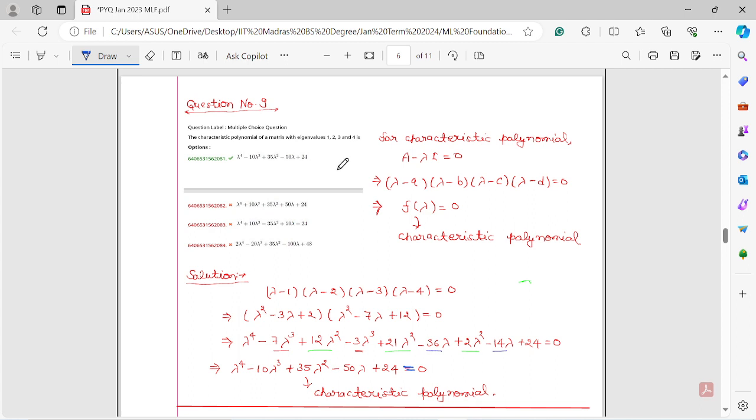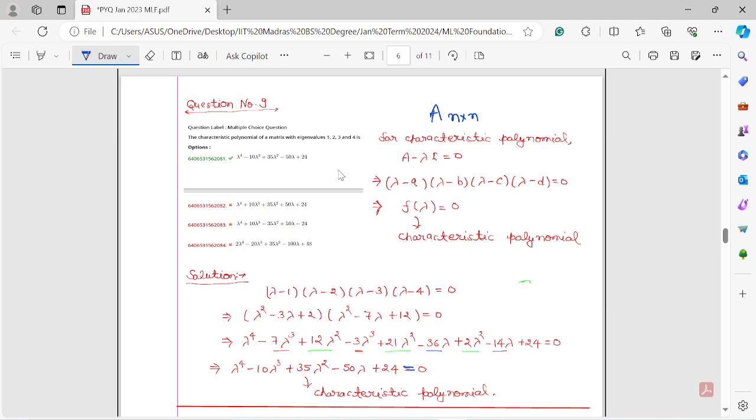So for the characteristic polynomial we have to solve determinant of A minus lambda I equal to 0, where I is an identity matrix and A is any square matrix. A is any n cross n matrix. So in this case, in general we will get the values of lambda,